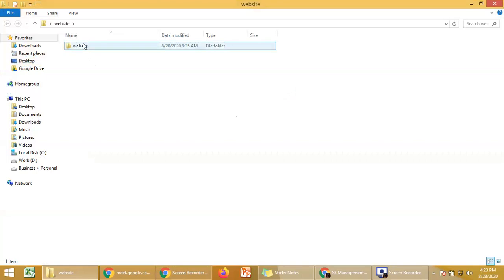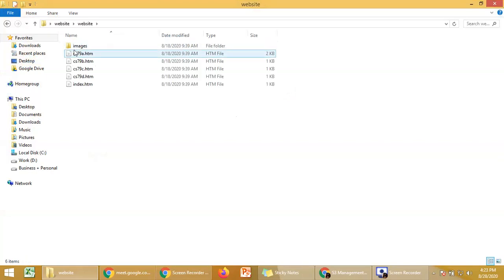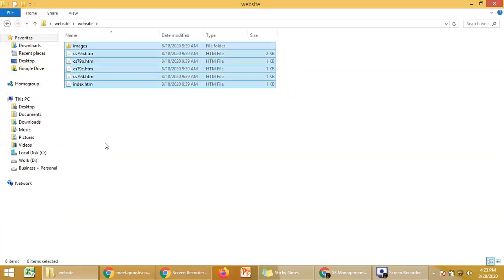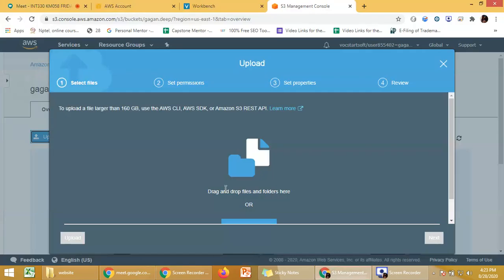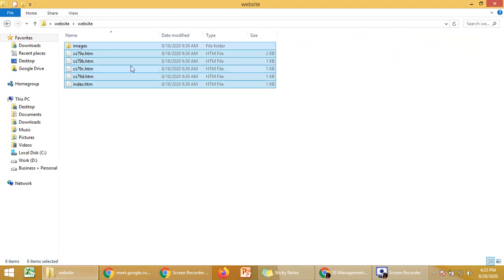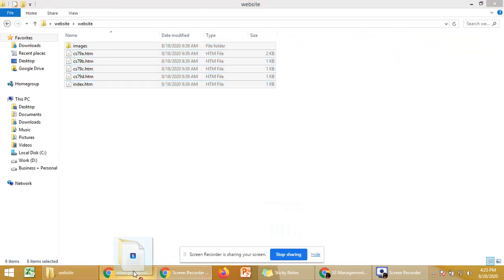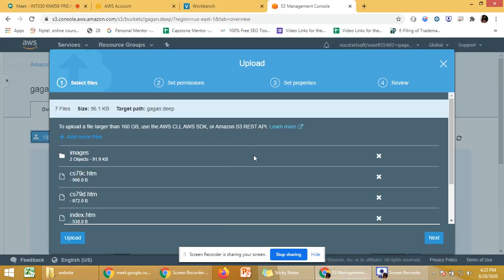Like in my case, this is just a small course example we are taking. So I will simply perform the drag and drop. So this drag and drop is done.